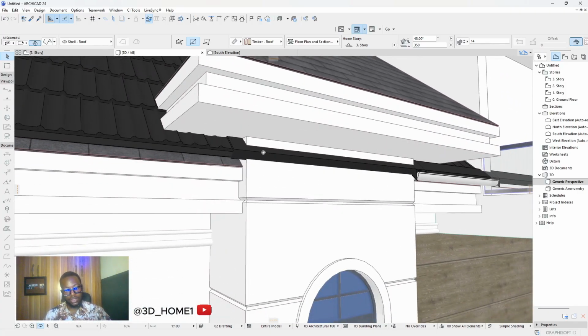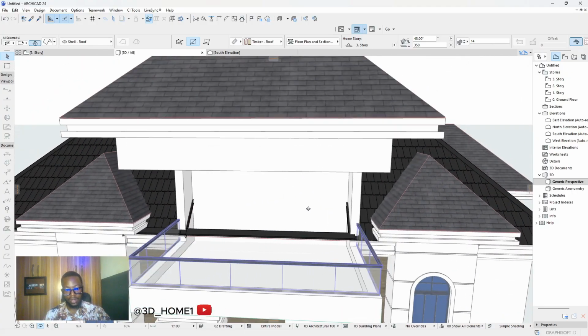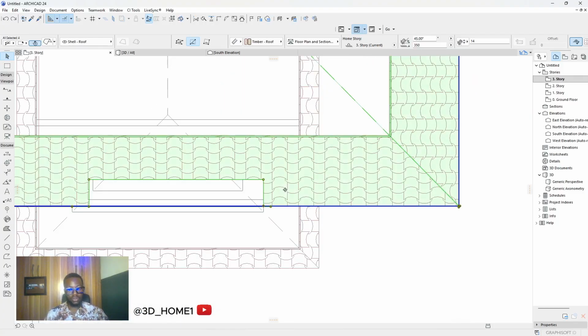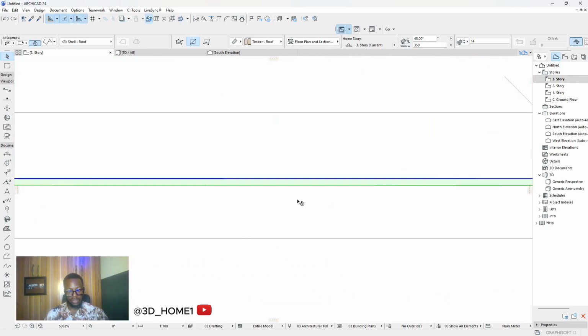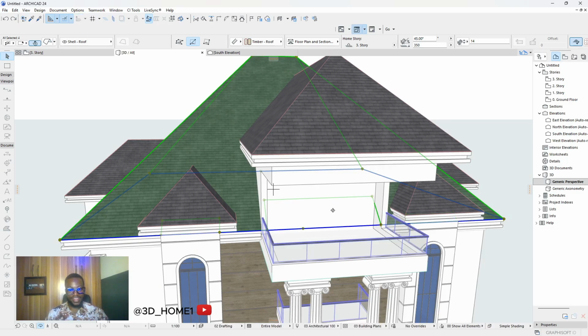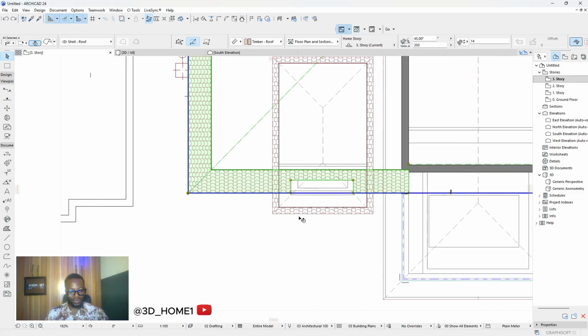There's still a little challenge here. Still, I thought as much. I knew something was wrong, because this line is not supposed to be here. This thing is not supposed to be here. So let's just... This is the modeling for you. Sometimes there are some things you're supposed to get right, but then you start seeing some funny